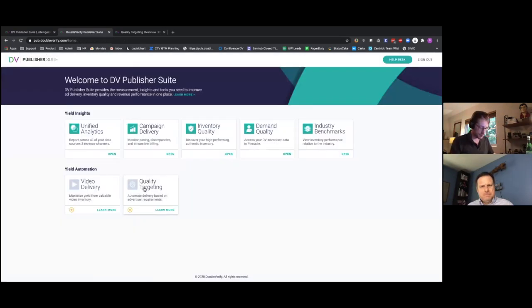Quality targeting is a really cool thing. That's the difference between the insights part here and the automation part at the bottom. The automation part tries to have a direct impact on yield, right? Not just show you the goods and give you the data to do your own analysis, but have an incremental improvement. And the quality targeting piece is about, we can basically create a script tag for you that you dump in the header of your page,